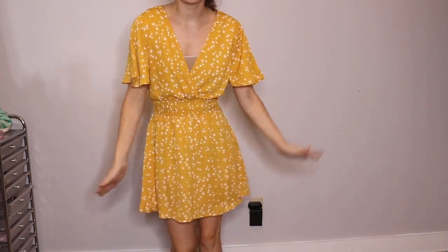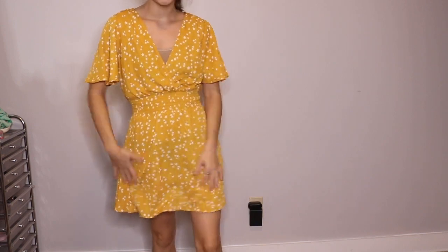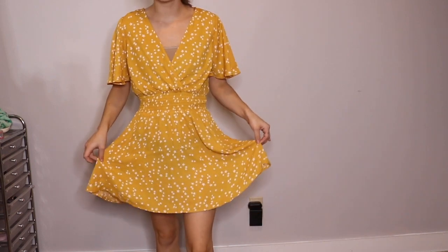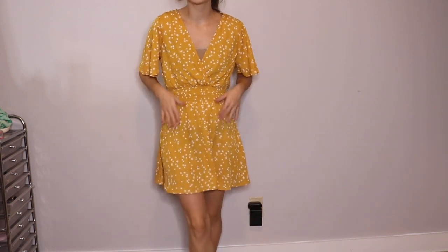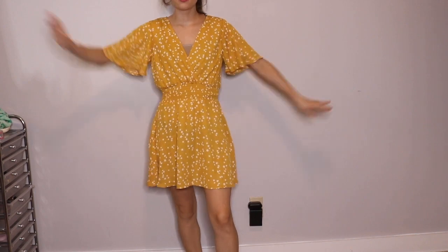This dress is so cute. I love the color, I love the fit, I love the cut, and I love the stars. I feel like stars are so in right now too, that this is just perfect. This dress is so cute, and I'm so excited to wear this. Fall pictures,